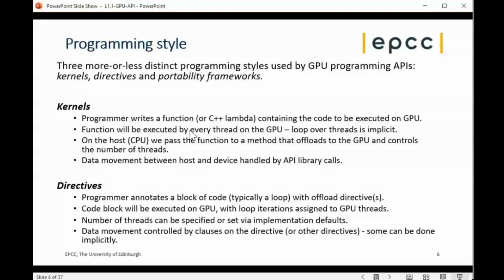There's also data movement. We'll see that GPUs and CPUs typically have different memory spaces. So explicitly, you will have to say, please copy this data from the CPU to the GPU. And then after you've done the calculation, please copy this data, these arrays or variables, back from the GPU onto the CPU. That's the kernels approach. The directives approach, which is much more like OpenMP, is you write